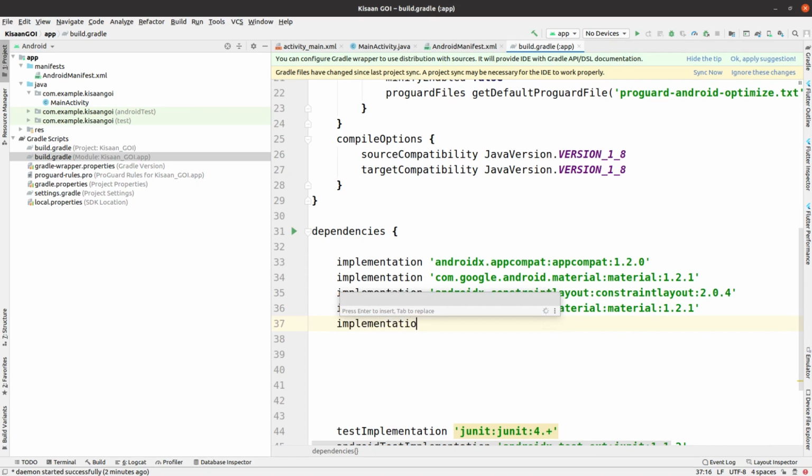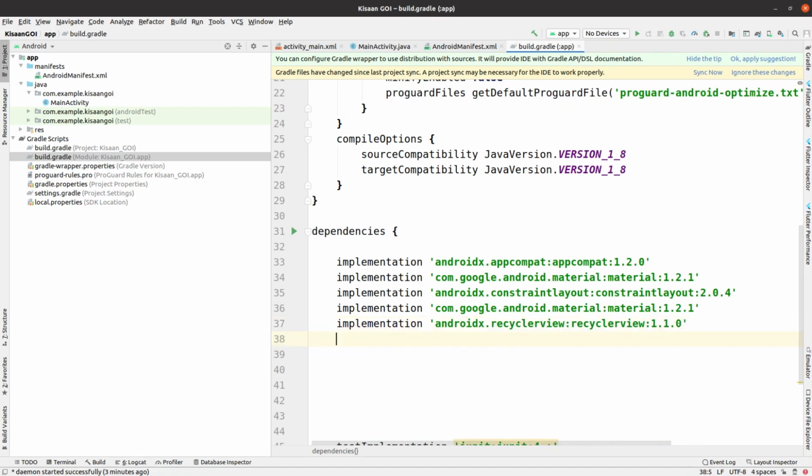Afterwards one more dependency is added here, and this dependency is from AndroidX, and it is for the recycler view. Let me add it, recyclerview. Then we have to give the version for this dependency also, that is 1.1.0.